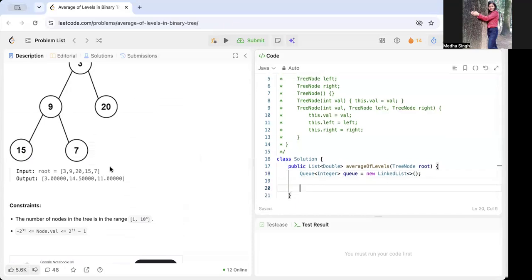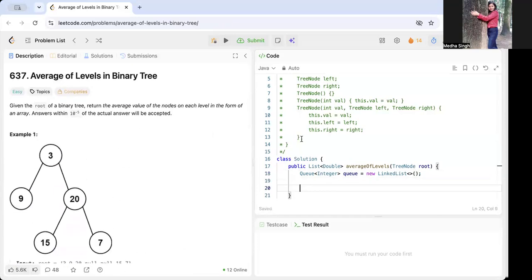Now we have to create an answer list. So let's say list of double, as they've given in the return type of this function. Let's call it averages, and averages is equal to new array list.